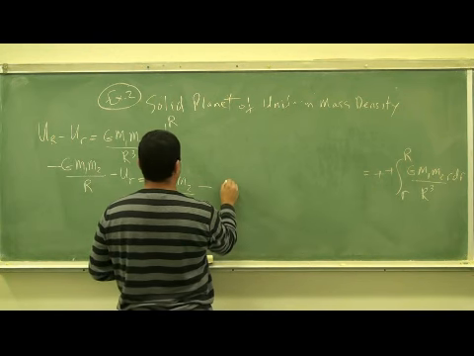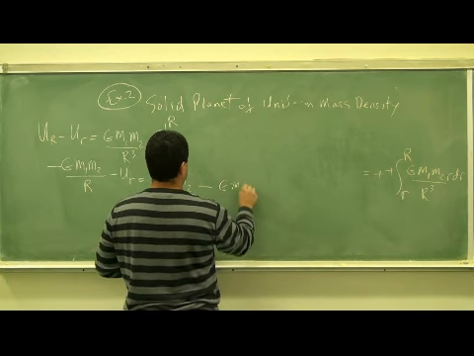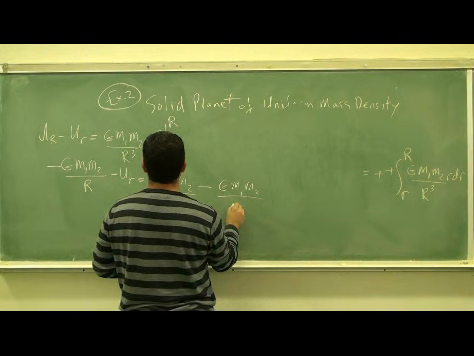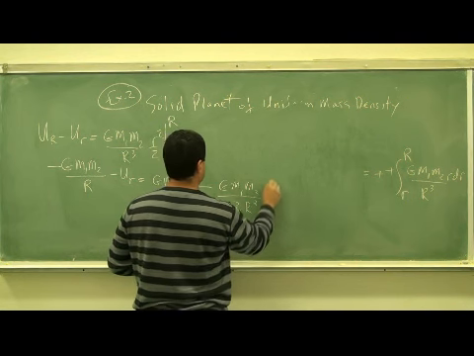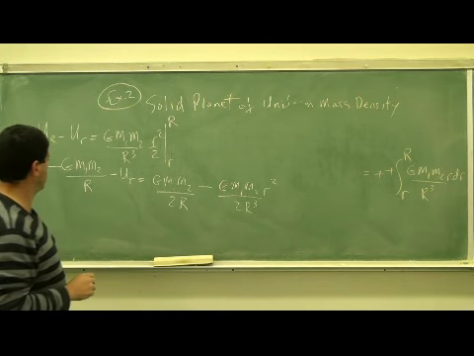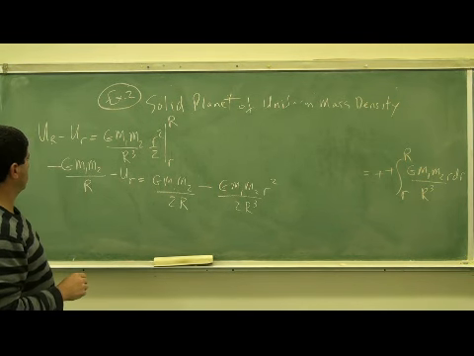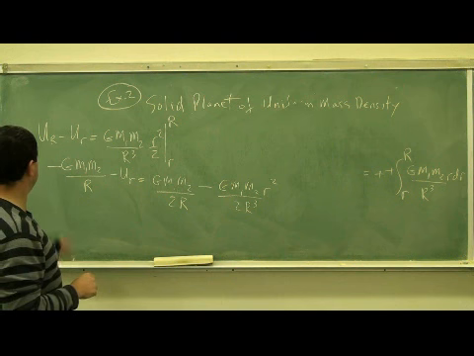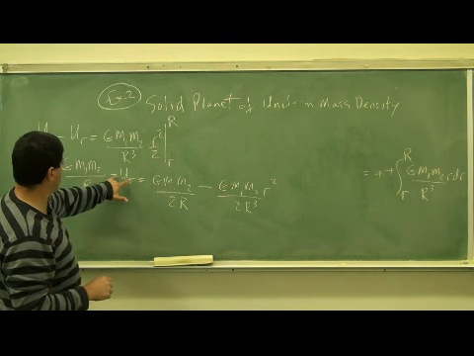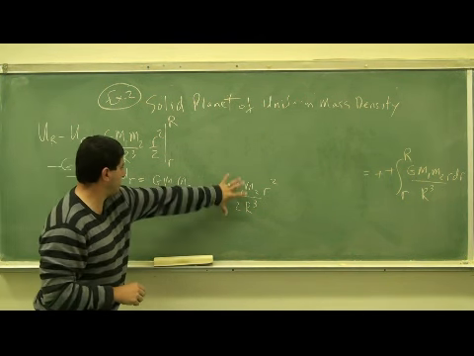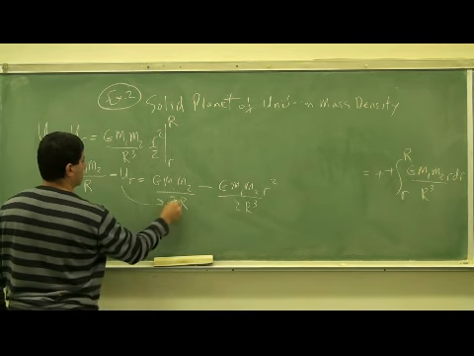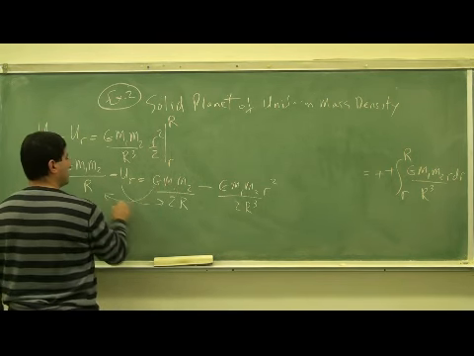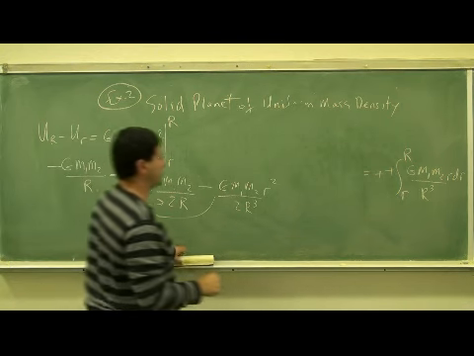Minus, when I put the little r in, I just get it itself, over 2R cubed, r squared. And then I want to solve for this, so I take this to the other side, I bring all of this to this side. So this one goes here, and this one goes here, and I end up with